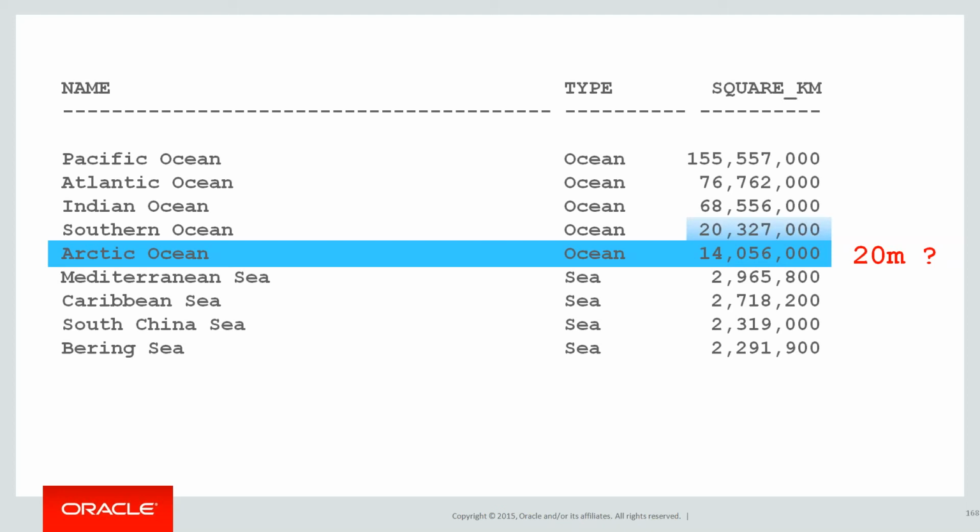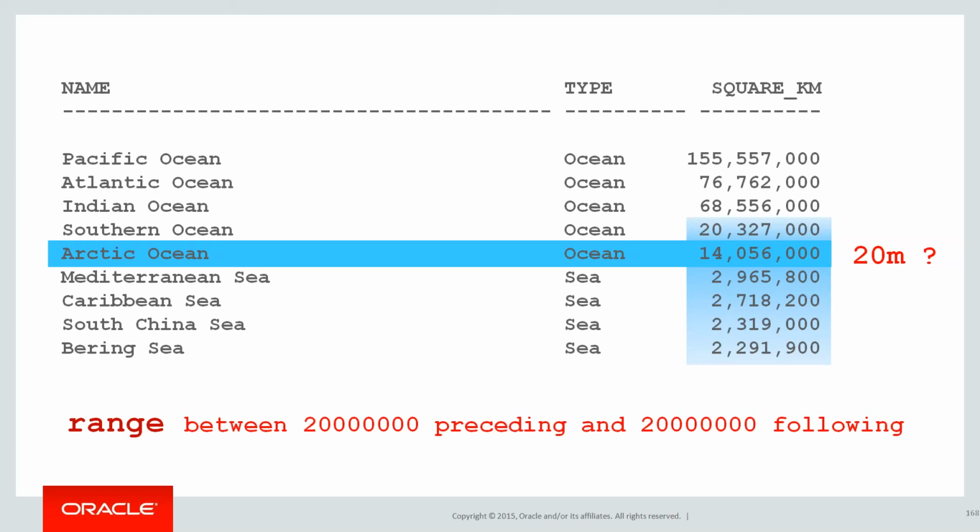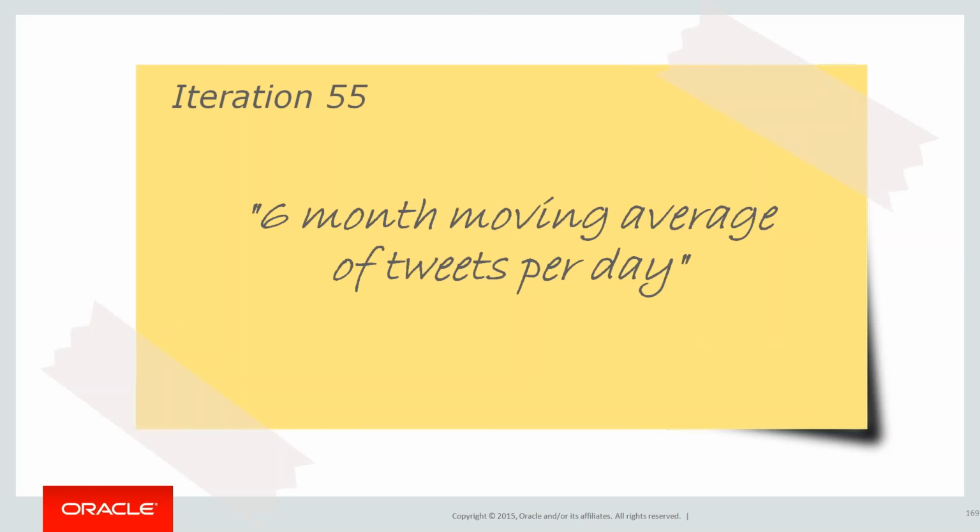I want a window that defines all the rows up to 34 million, which is 14 plus 20 million, and all the rows down to effectively 0. So the number of rows there is actually indeterminate because it depends on the actual piece of data I'm currently on. We can do it. There's a thing called range window option as opposed to rows. And that's the syntax I always use there, range between 20 million preceding and 20 million following. So we can do range as well.